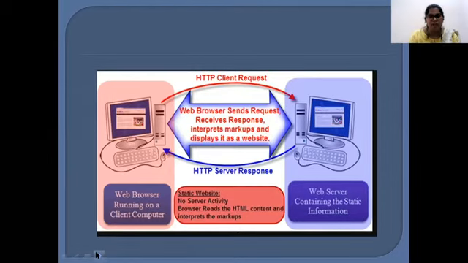Usually, the system where all the web pages reside is called a server system, and the system from which we use those web pages online is called a client system. So suppose the university is maintaining all our details in the server system, which may reside anywhere. We can't identify where it actually is. But whenever we want to check our result, we can check from any of the devices.